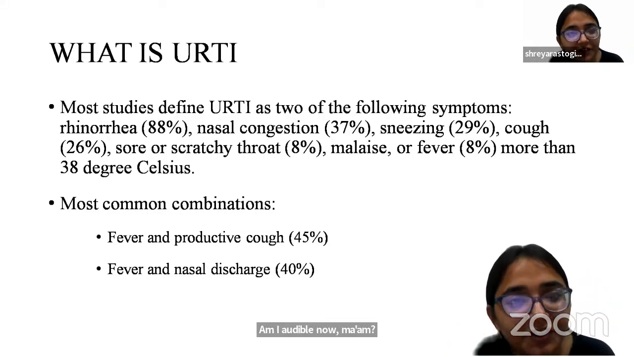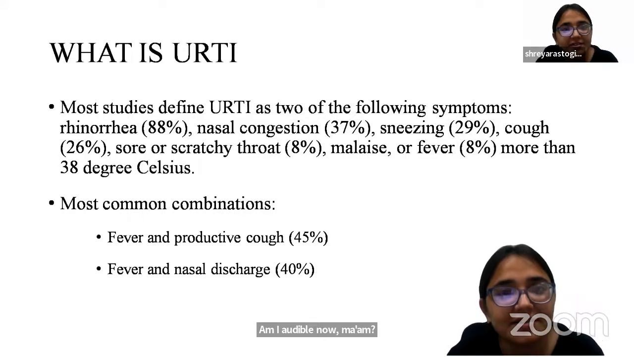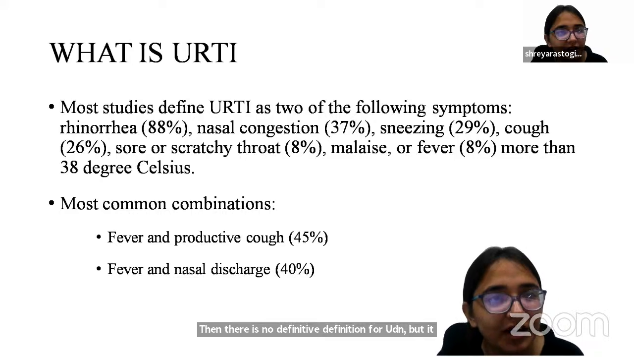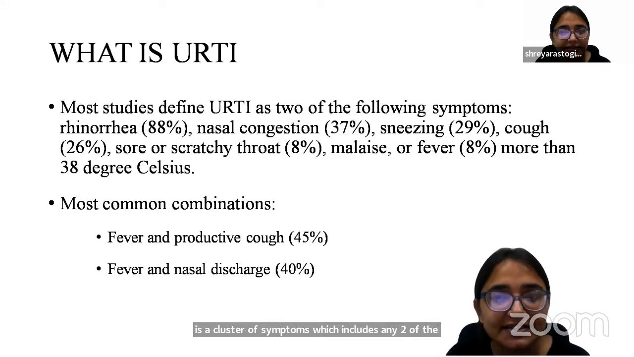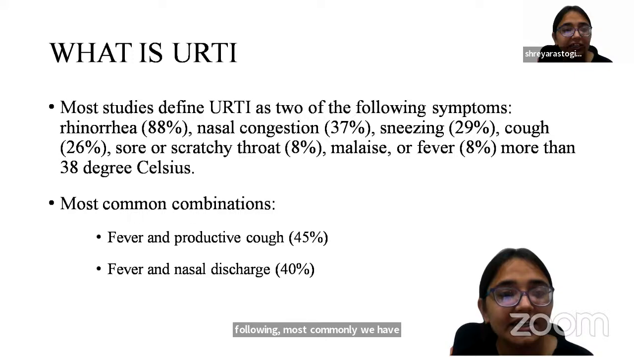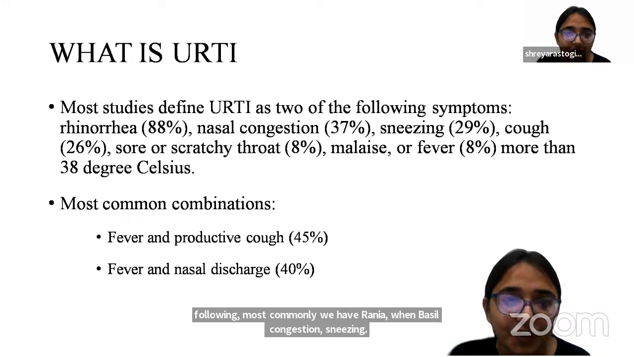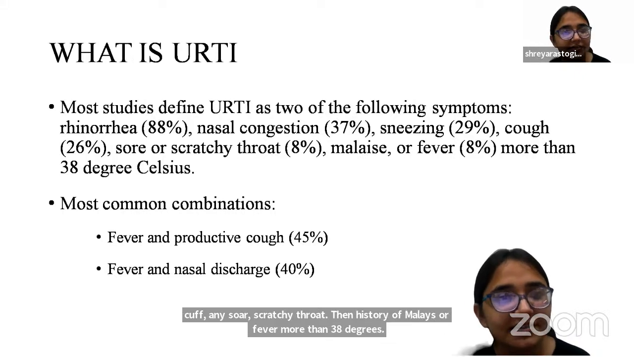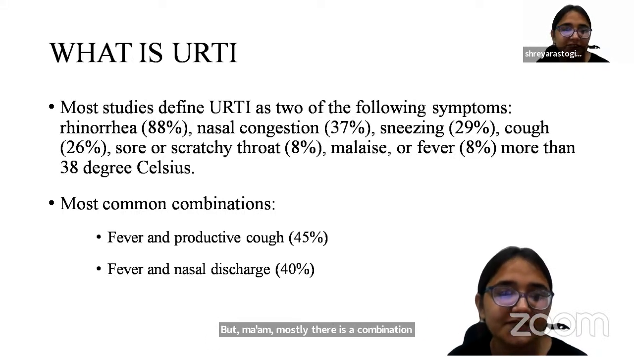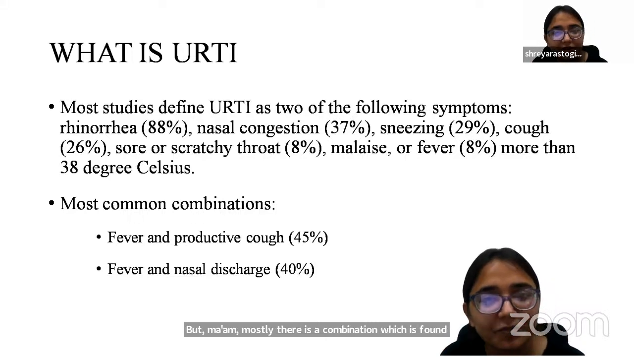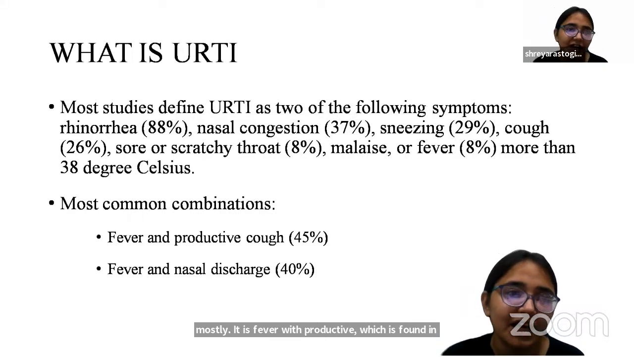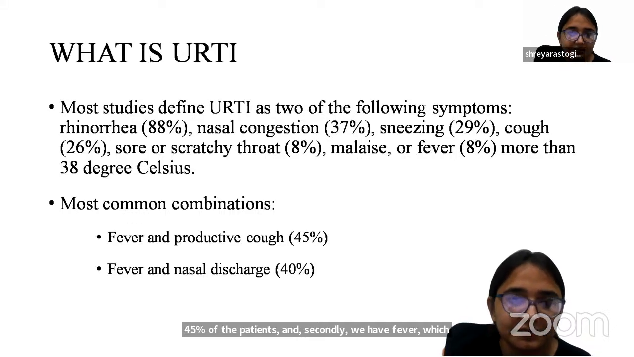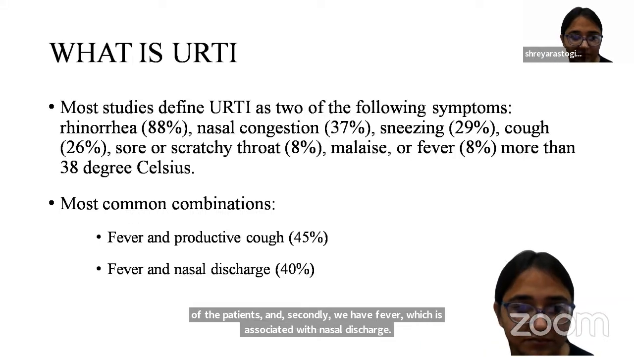Ma'am, there is no definitive definition for URTI, but it is a cluster of symptoms which includes any two of the following. Most commonly, we have rhinorrhea, nasal congestion, sneezing, productive cough, sore or scratchy throat, then history of malaise or fever more than 38 degrees. But ma'am, mostly there is a combination which is found. Mostly it is fever with productive cough, which is found in 45% of the patients. And secondly, we have fever associated with nasal discharge. It is responsible for